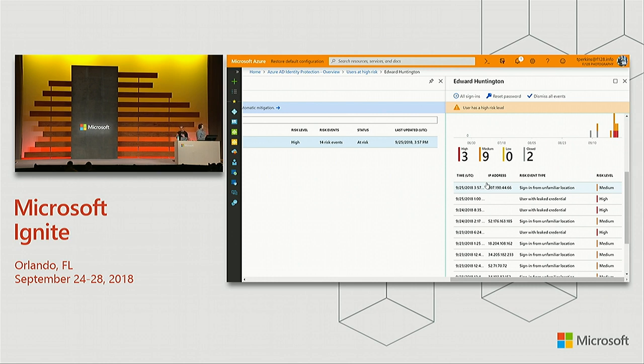So how do we investigate Edward further? Well, a natural thing to do would be to see what kind of applications Edward has been using. To do that, I'm going to go back to my dashboard and show you another view that I've built. One of the things that I like to monitor is,